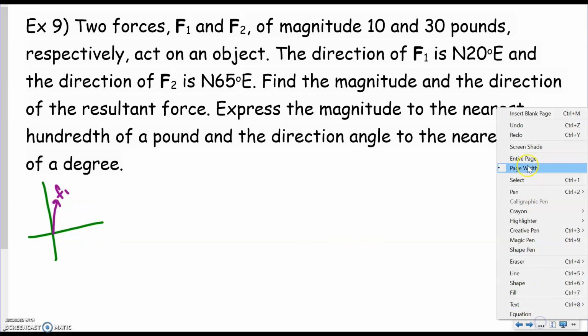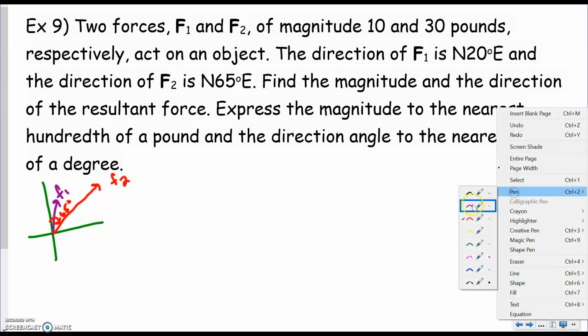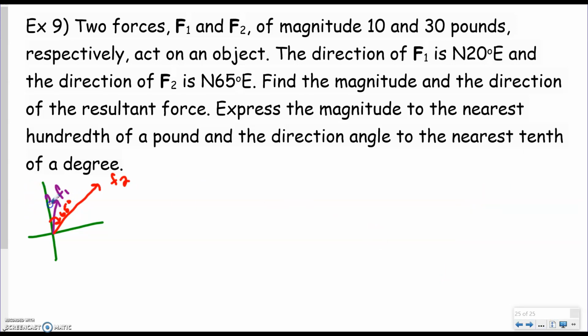And then F2 is acting on the object in the direction north 65 east with a magnitude of 30. So this is 65 degrees. This is 20 degrees. So we're going to use that. Okay, so for F1,